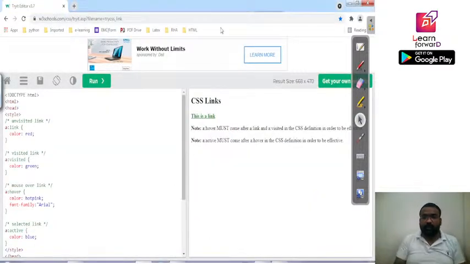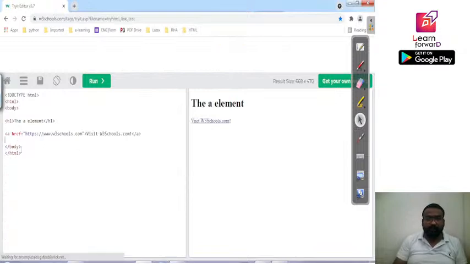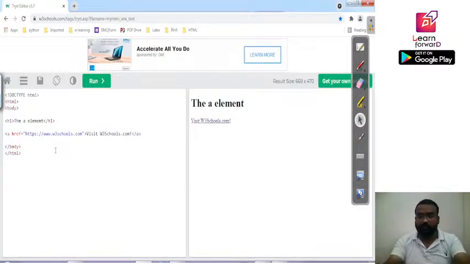Now let me tell you how internal links work. You have seen all these things, but we didn't see one thing, that is the internal link. So how can we use it? Let's create one paragraph and give it an ID, let's say paragraph, something. Then we write, this is an example. Now, if I want to set my cursor over here, I'll provide that particular ID